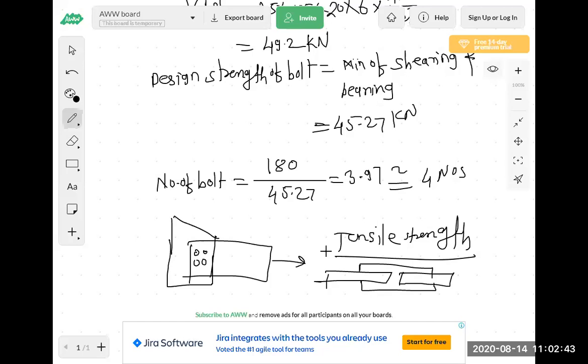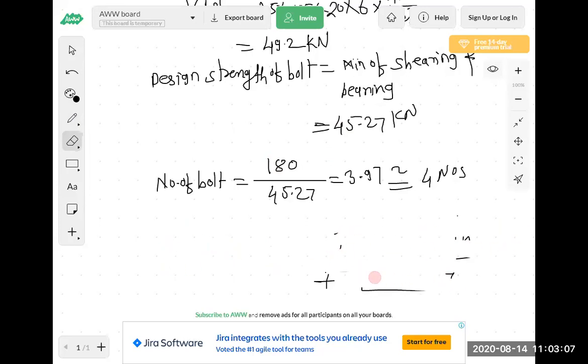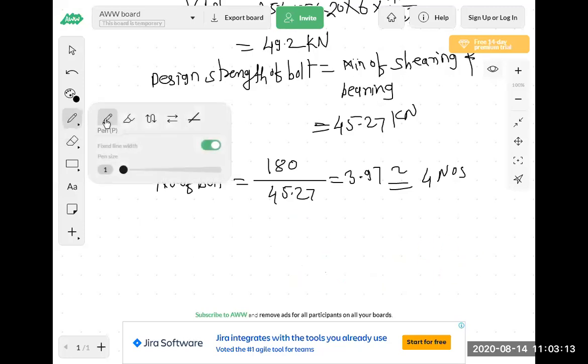In the last lecture, I told you why we are not calculating this tensile strength. Are you getting it now? You can calculate. Yes, sir. Yesterday I told you for the lap joint only, out of these two, the minimum governs. So by reducing the time, that is again the skill of the designer, or as an engineer, our skill. When we are designing, by reducing the time or doing less calculation, that is the skill of an engineer.